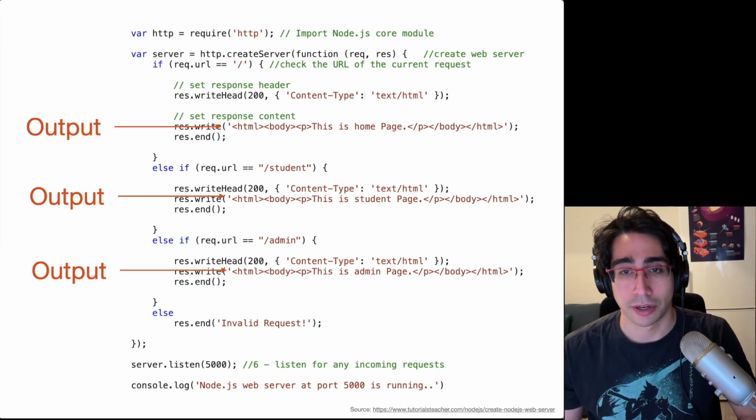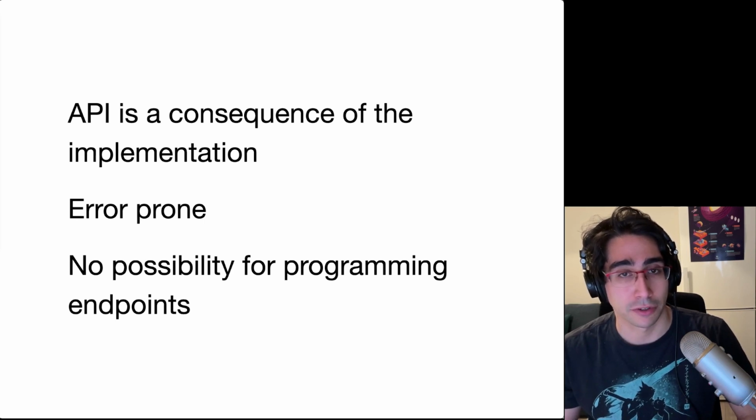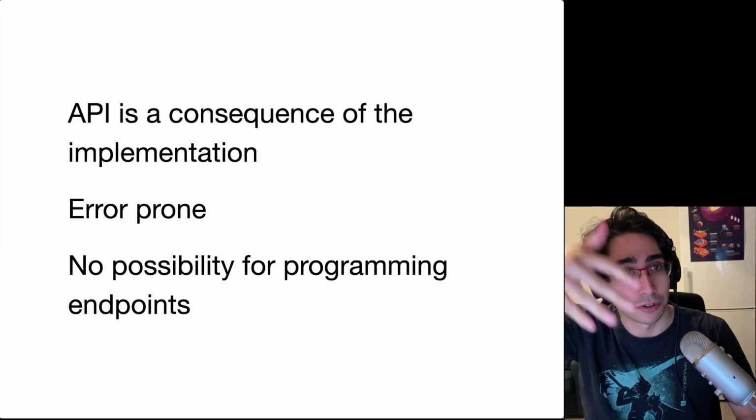Now this comes with a number of problems. The first one is that if we want to extract the API out of this program, we have to do some very careful control flow analysis to understand what the parsing functions do, and then infer from that a list of endpoints that a client can call, which is extremely difficult to do given any arbitrary program. What we would like to do instead is enforce that the advertised endpoint is indeed implemented by the server, or vice versa. Implement a server and then derive an endpoint from it, but in a way that is a lot easier by returning an object, for example, rather than trying to infer what is going on in the code by